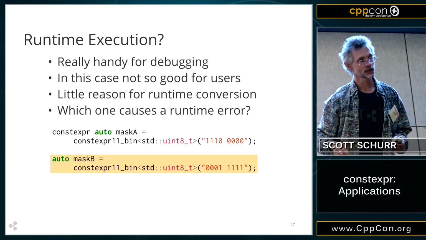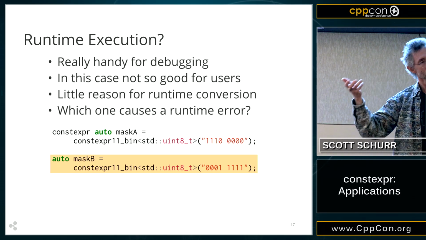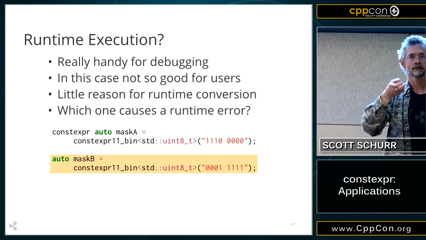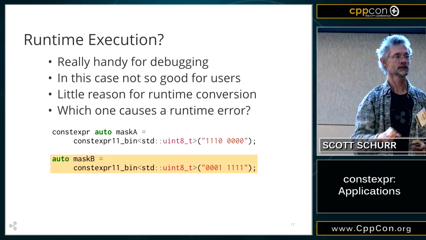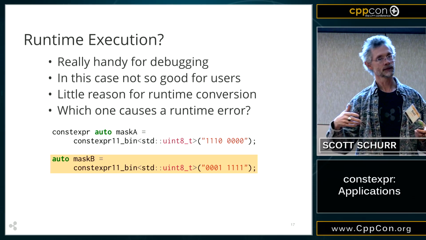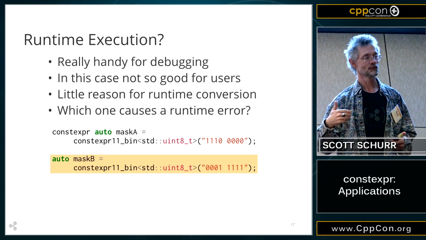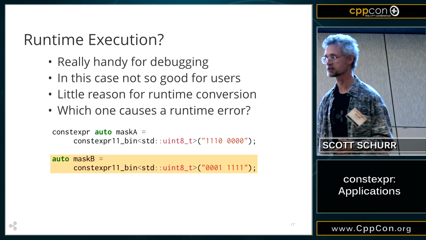A similar question is, if you have a constexpr function and you do an auto of the return from a constexpr function, is that auto a constexpr? And the answer is no. You still have to force it to be constexpr. The compiler resists you forcing it to establish something at compile time. You really have to be insistent.